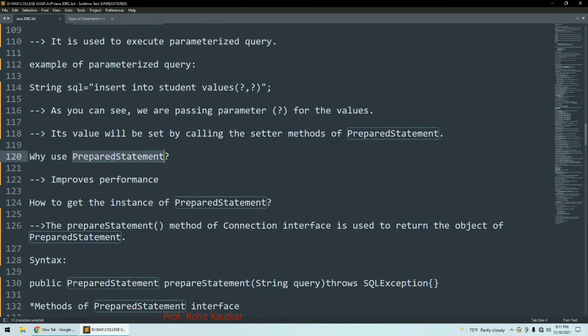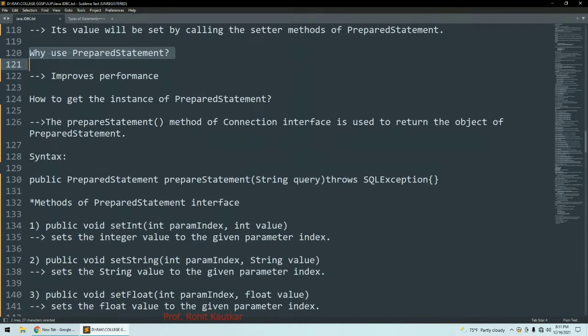Why to use prepared statement interface if we have statement available already? It improves performance. How? Because in case of prepared statement, the query is already compiled, and that's why the performance is improved. So how to get the instance of prepared statement?